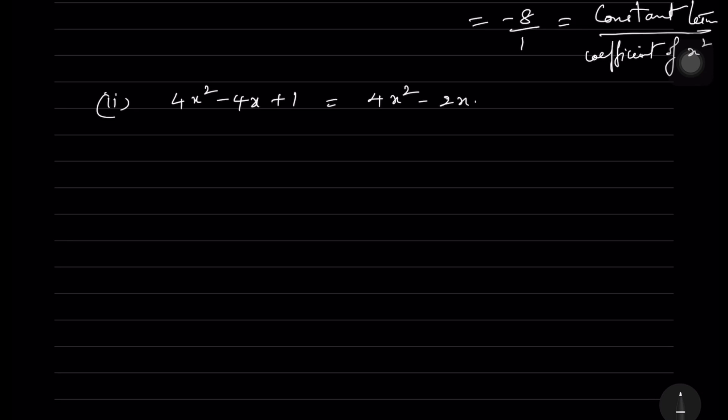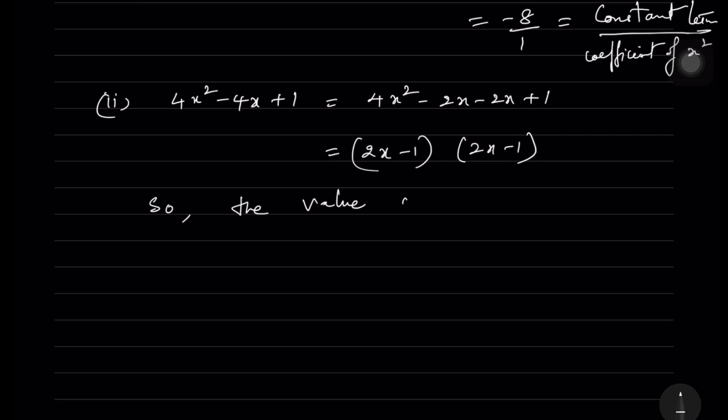The next one is 4x square minus 4x plus 1. All the problems are solved. Totally 6 problems are there. So all of them you have to do in the same manner. Now minus 4x can be written as, it's a perfect square over here. You can see minus 2x minus 2x. So 2x minus 1 whole square is nothing but 4x square minus 4x plus 1. So we are just writing it.